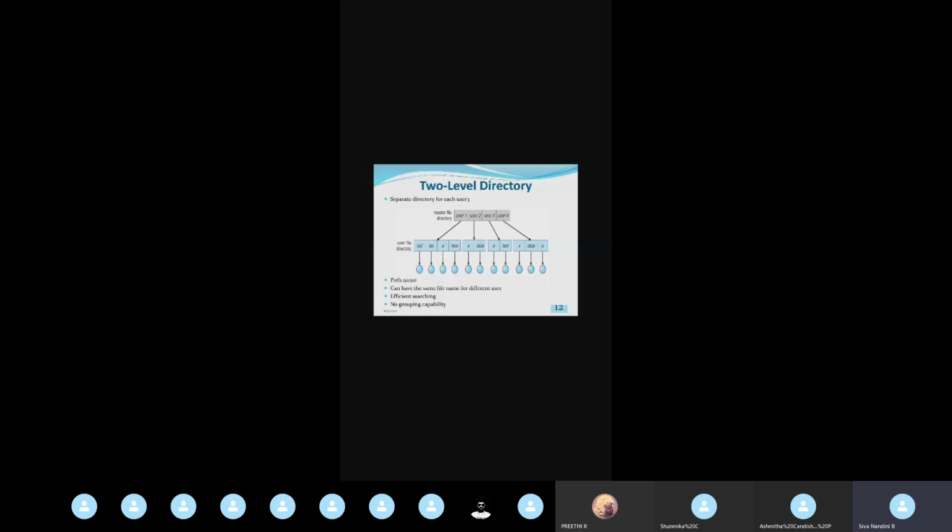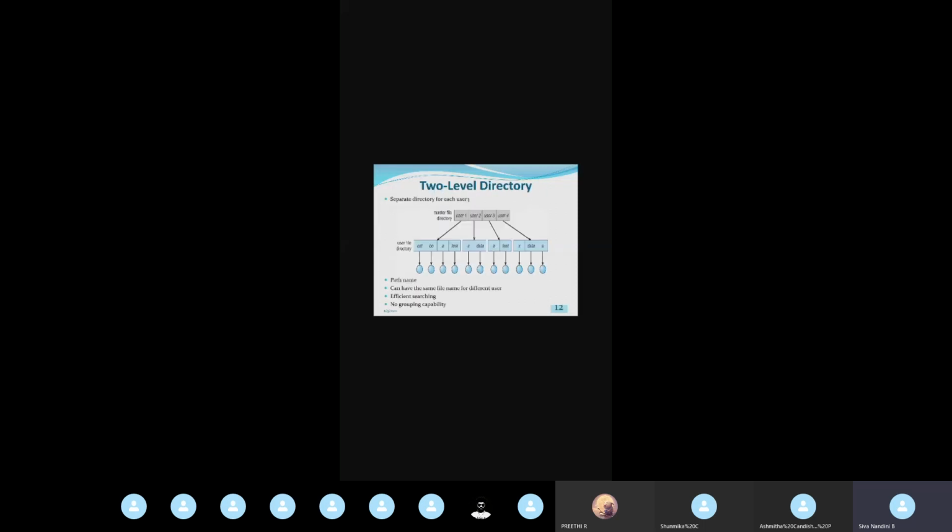So this naming problem is eradicated in the 2 level directory, and it is also efficient for the searching process, because if you want to search a file it will be easy, since we have a master directory and a user file directory. We need not search the whole directory.